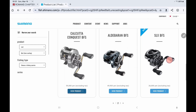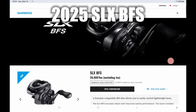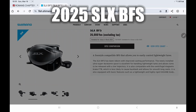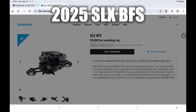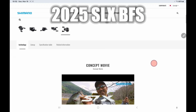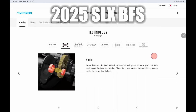So the last reel from Shimano is quote unquote the newest, but is actually the oldest when it comes to technology. That is the 2025 updated SLX BFS, which was just released this month in left hand. Now this is Shimano's lowest price entry-level bait finesse reel, and it is actually the last bait finesse reel from Shimano's previous generation. Now the SLX BFS uses a frame and technology that dates back to 2017 in the original Scorpion BFS. Current Digitaka prices show the reel around $160, so it's actually the second cheapest JDM BFS reel,